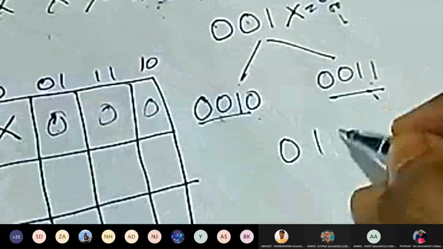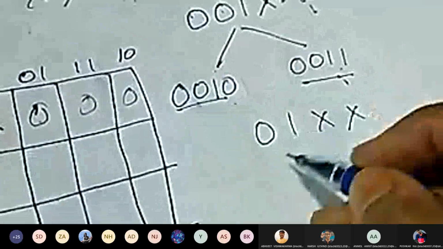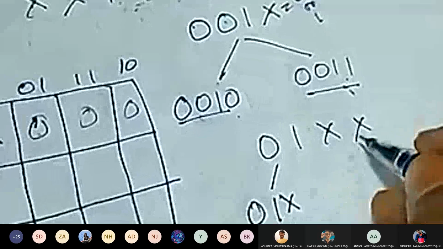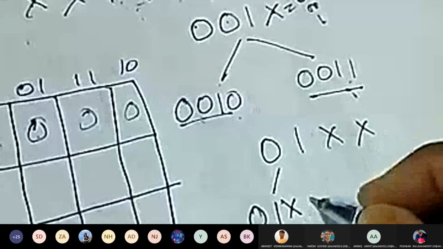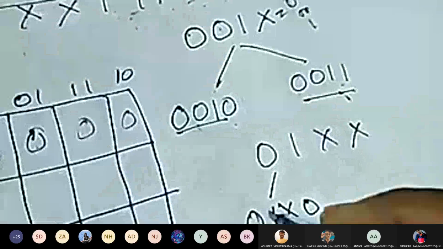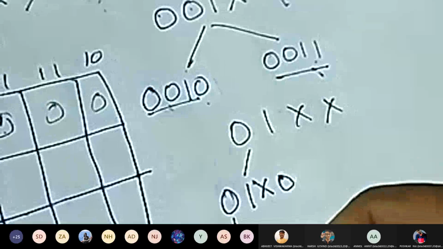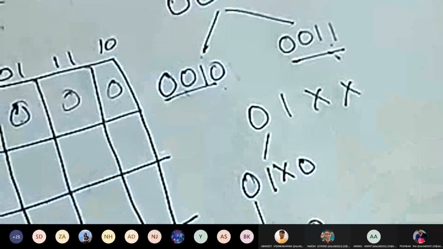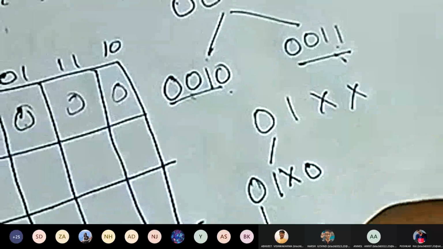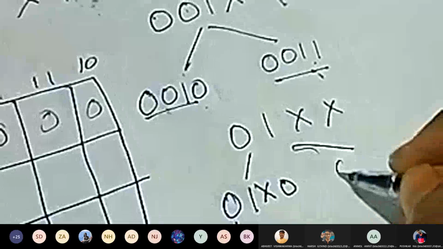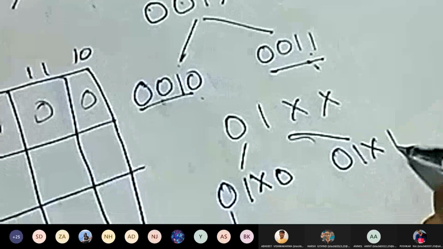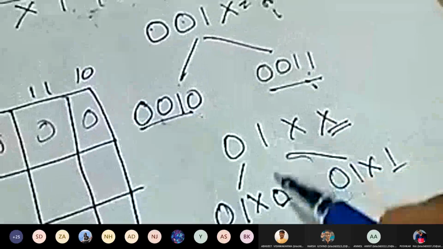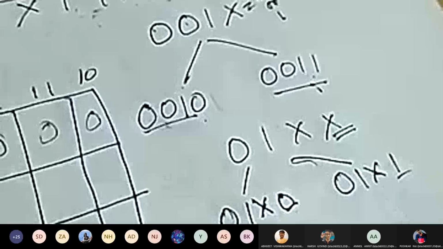So let us write 0, 1, X, X. What you are going to do is write 0, 1, then X only, and write 0 for the last one. This can also be made into more parts, that is 0, 1, 0, 0 and 0, 1, 1, 0. Is this one clear? Okay, so in the next part, 0, 1, X, 1. This part we have already done: once we write 0, once we write 1. Now in this case, I have kept both the X.